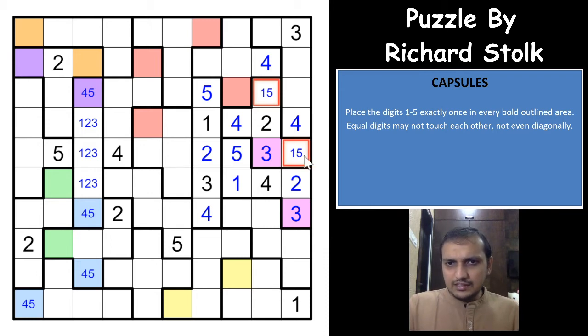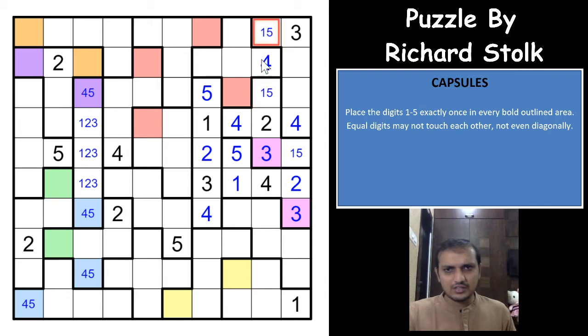I see that whatever you have here will have to be here. So if you have a 1 here, none of these cells will have a 1, it will have a 1 here. If you have a 5 here, none of these cells will have a 5, you will have a 5 here. That's nice. That's good.